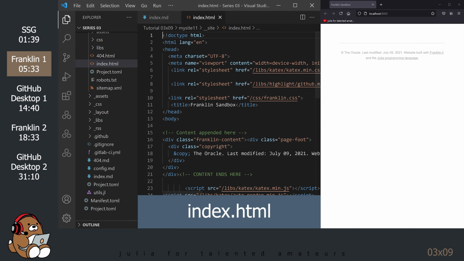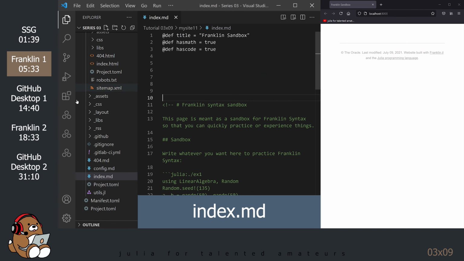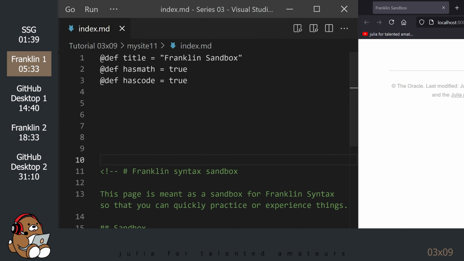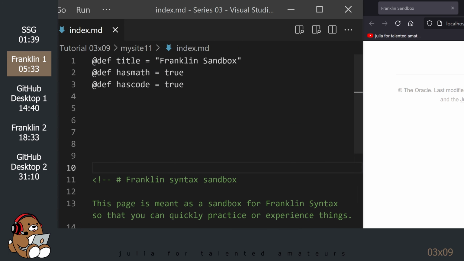Close the index.html file and go back to the index.md file. At the very top of the Markdown file are 3 lines that start with @def. @def is the syntax for a page variable. Defining a page variable will allow you to use that variable name in other parts of your website.